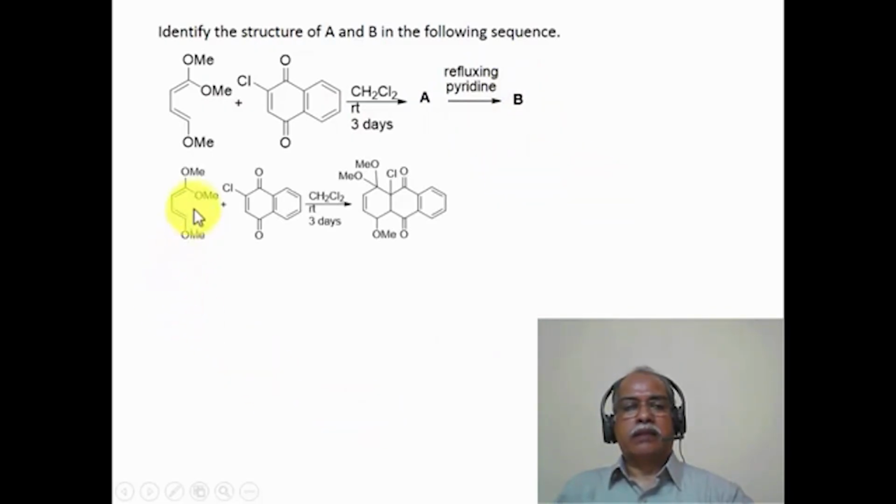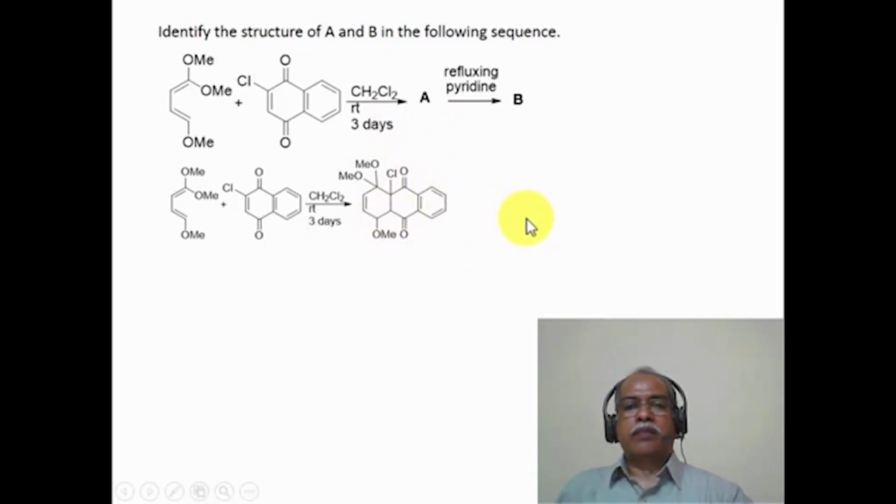So what is the first reaction? The reaction is diene and a dienophile undergoing a Diels-Alder reaction to give this. Don't worry about the stereochemistry of the product because you are going to do elimination of this system. Only stereochemistry that you need to worry about is this chlorine and the hydrogen that is present here should be cis with respect to each other, and the methoxy and the hydrogen that is present here should be probably trans with respect to each other if it were to be an exo adduct, and cis with respect to each other if it is an endo adduct. So let's not worry about the stereochemistry of this, although stereochemistry is easy to predict in